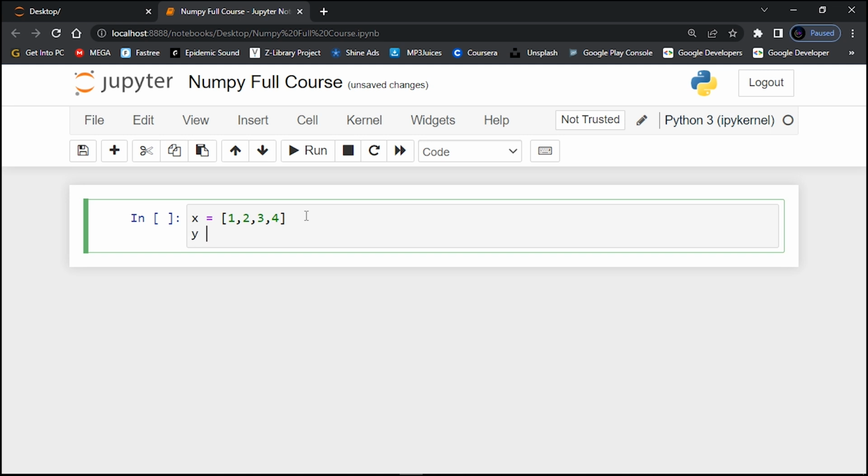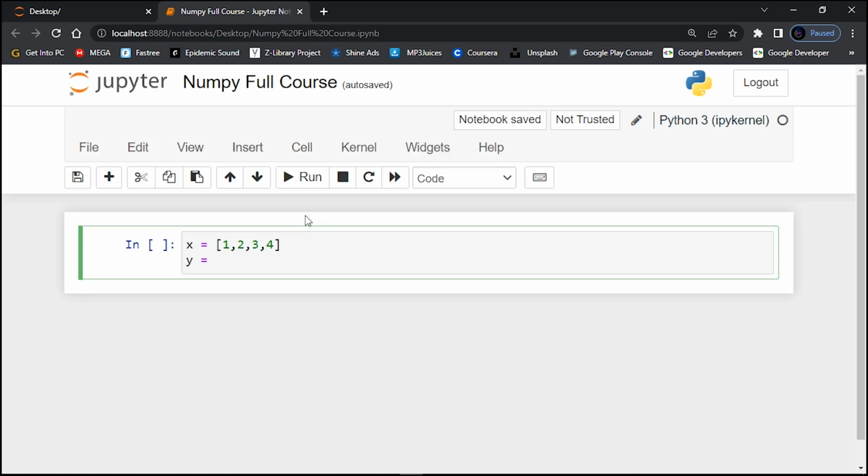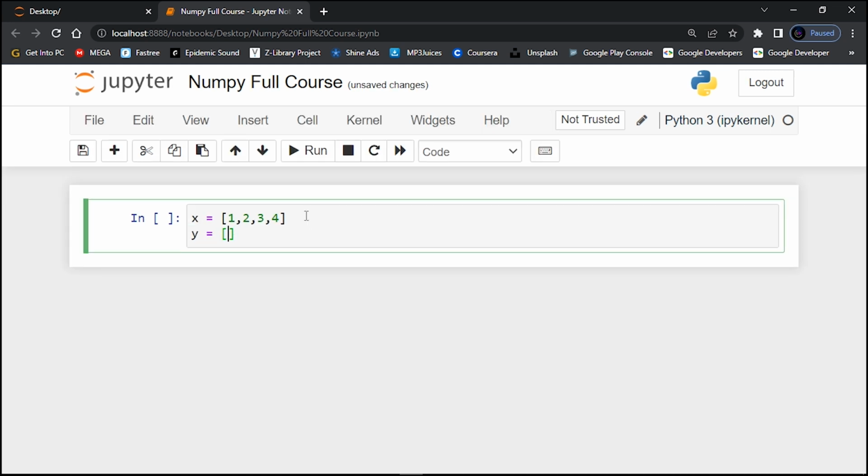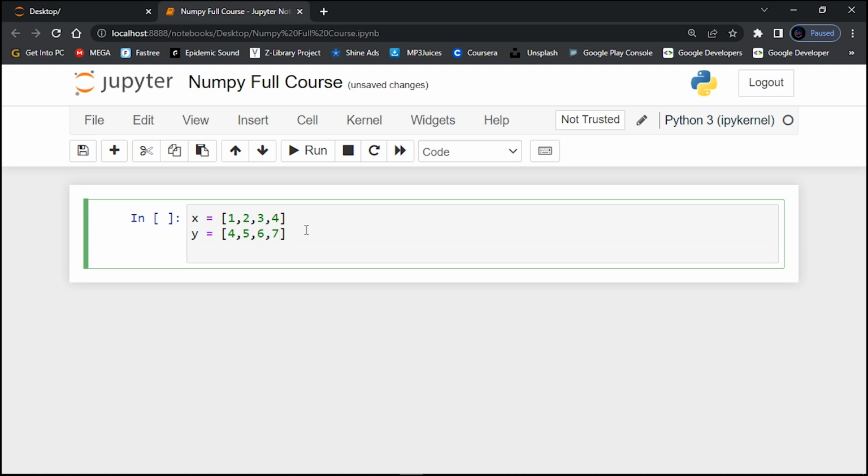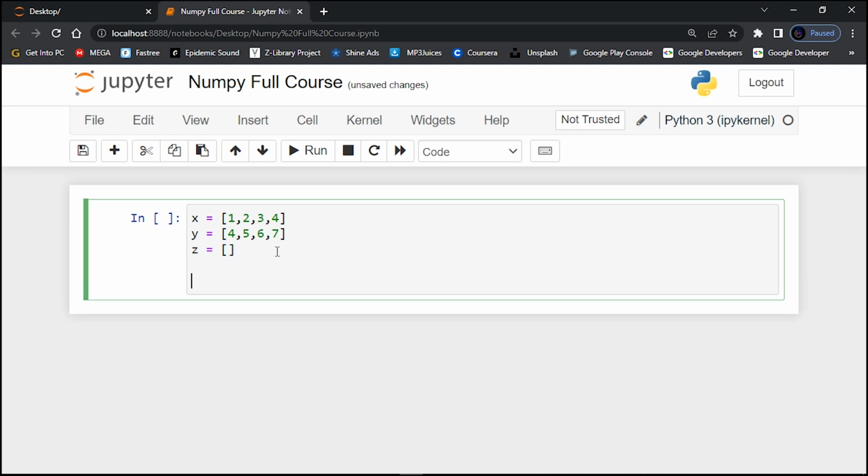And then let me create another one. Let me call it y and assign it to 4, 5, 6, 7. Then for z, not really y, it should be z, let me give it an empty list. And then here, to do the normal iteration without the universal function,